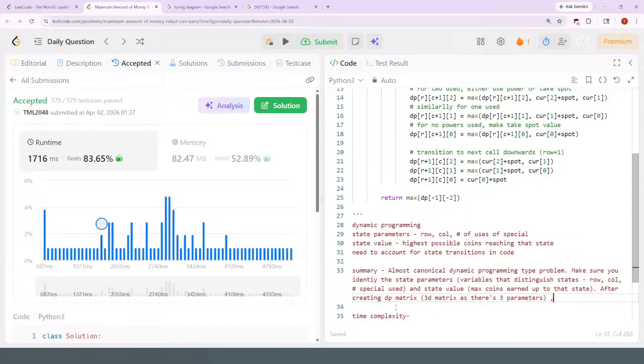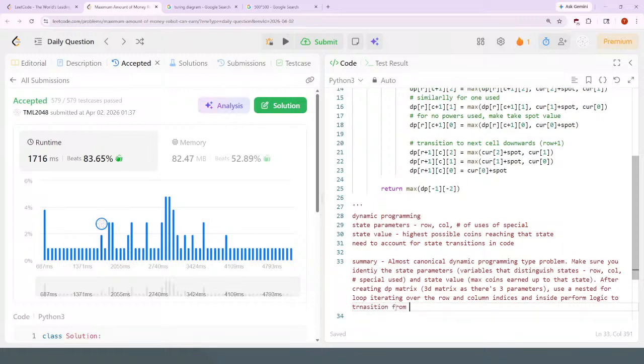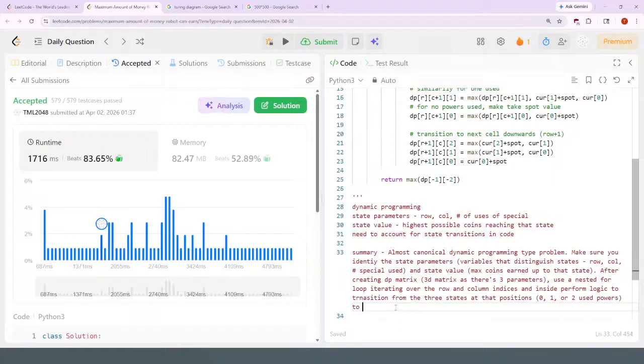After creating the matrix, use a nested for loop, iterating over the row and column indices, and inside perform logic to transition from the 3 states at that position, basically where it has 0, 1, or 2 used powers, to the neighboring states